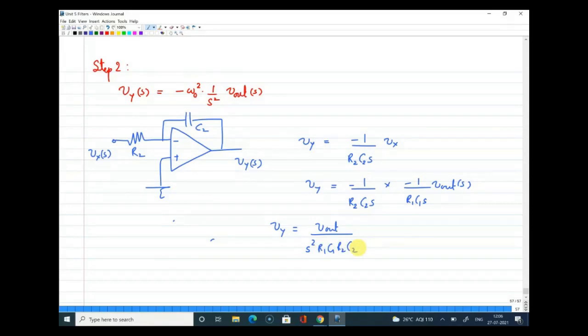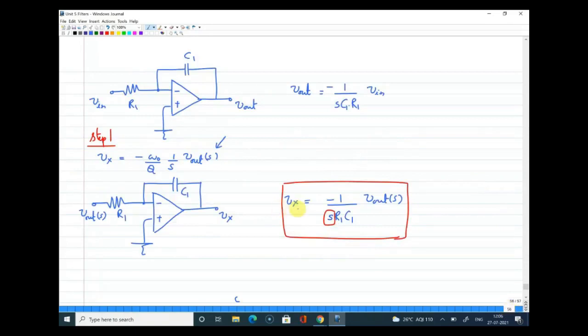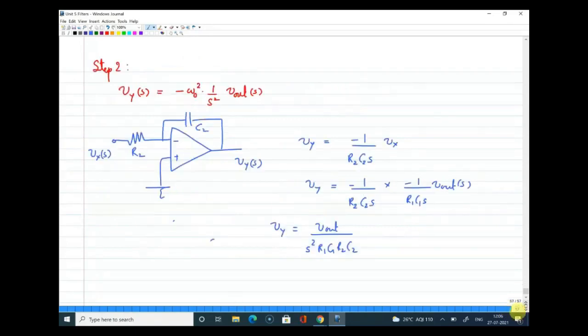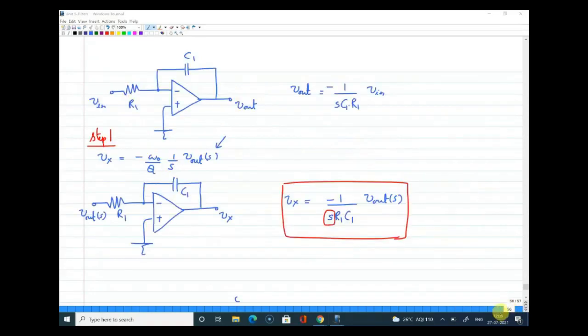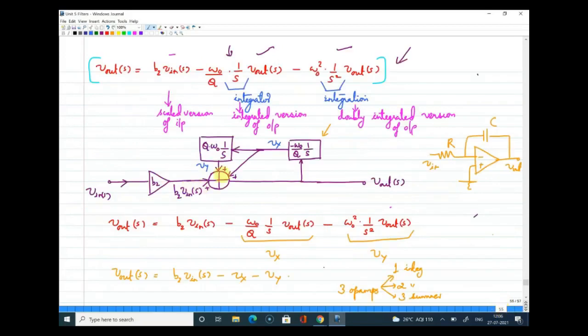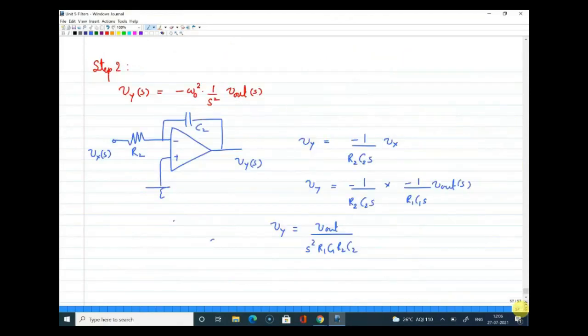Yeah. So if you look at this, Vx is directly, there is a minus there, but in Vy it is a plus, right? So that difference, because ultimately when I look at the block level diagram, I need to add all these three, and the magnitude should be, see, Vx there is a minus, but in Vy there is no minus, though that needs to be taken care of, and that is easy to take care of because we have op amps. When we add it, we can use either inverting or non-inverting terminal in order to match it if at all there is a negative sign difference, right? If step 1 and step 2, how we implemented Vx and Vy, if it is clear, I can proceed further.